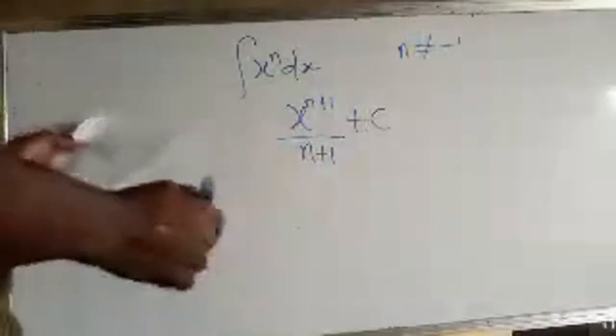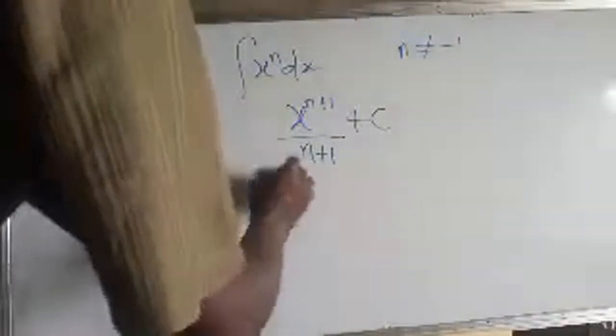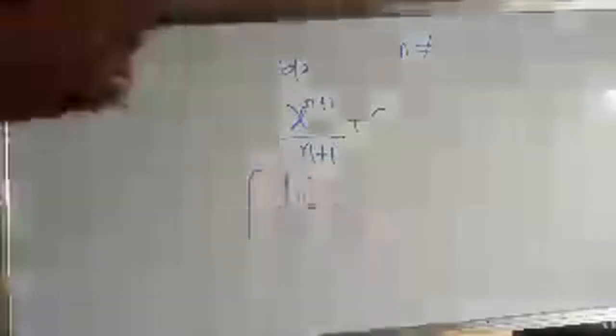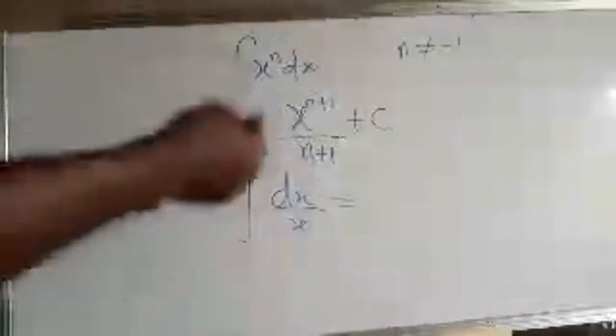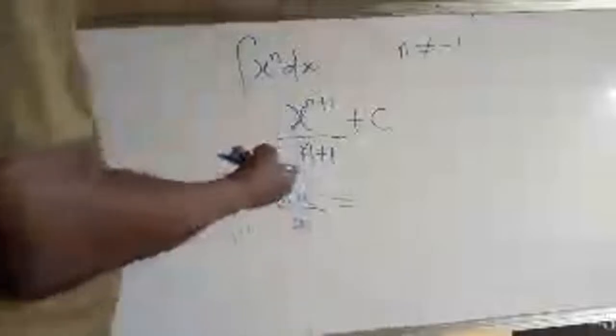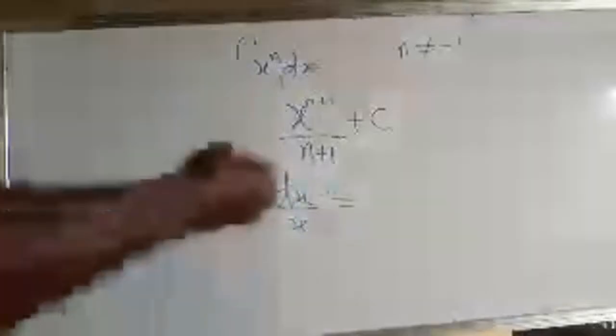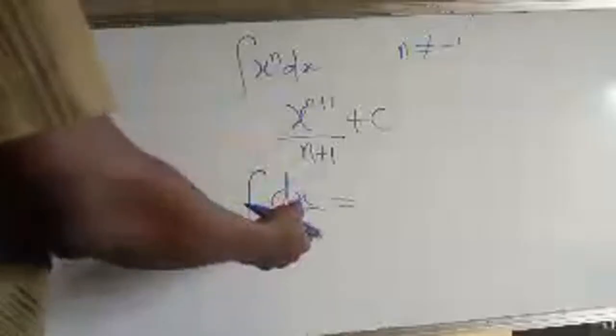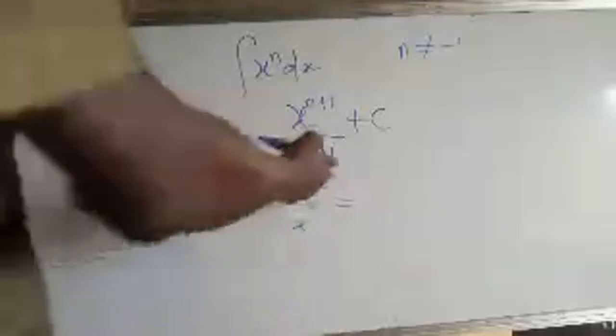Okay, now we have another one. Don't forget, we are talking about standard forms. These are standard rules that must be complied with when you are integrating functions. Now, in this case, we have what? dx all over x. We are integrating dx over x. So anytime you are integrating this kind of function, where you have your variable as the denominator and the differential as the numerator,